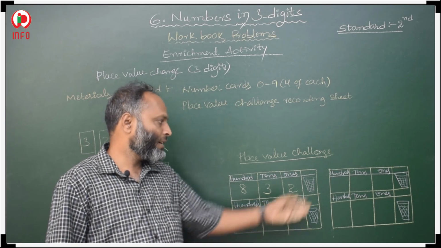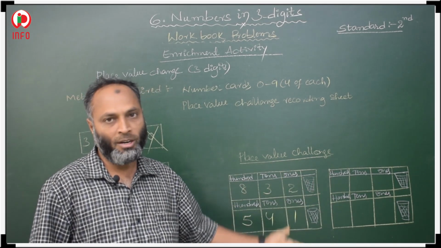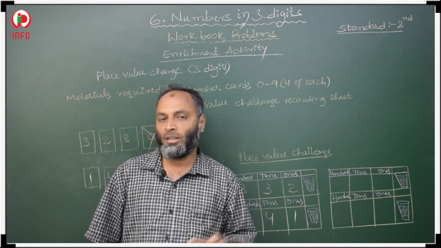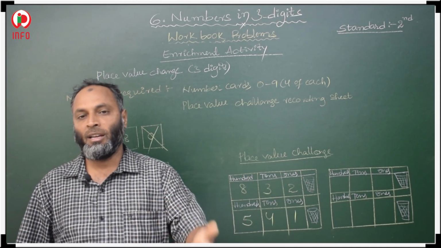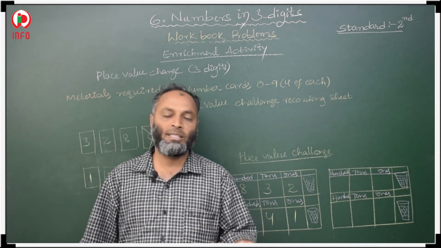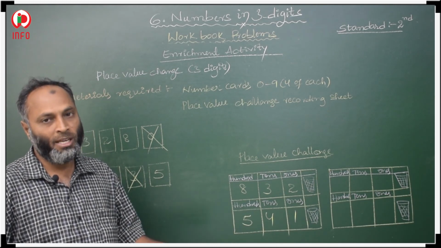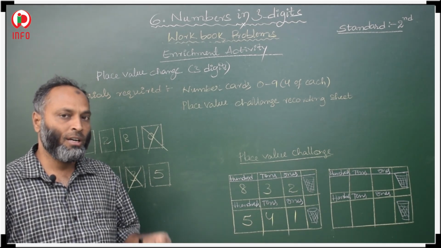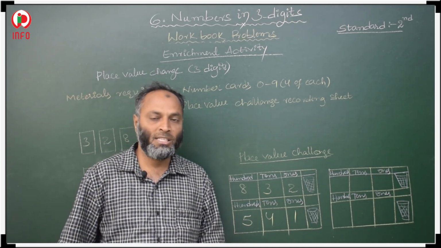And in a similar way, you prepare more, for 4 numbers, and then you compare the 4 numbers. First find the greater number, then find the lesser number. How to find the greater number and lesser number? That depends on the place value. If in the hundreds place the number is smaller, that number is smaller. Whatever number is bigger, that is the greater number. So it depends on the place value.